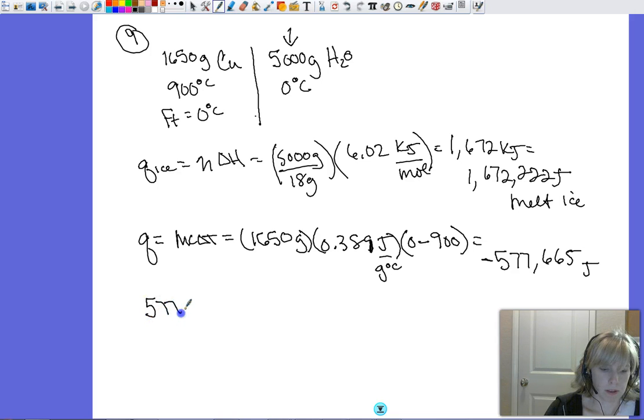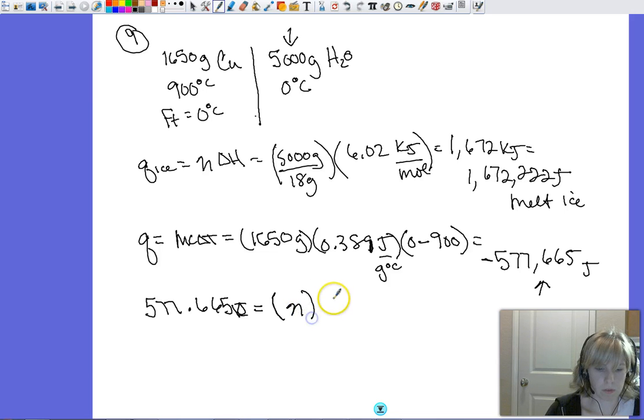So if I take 577.665 kilojoules, I just converted this to kilojoules because we're going to use our Q equals n delta H, because I've got to get the mass that this would melt. So I have moles of water is what I'm looking for,